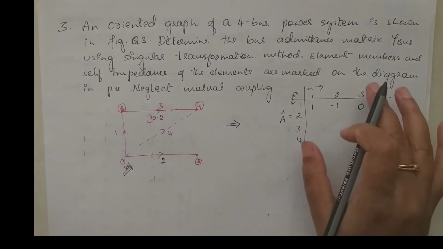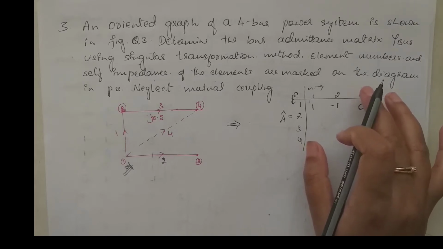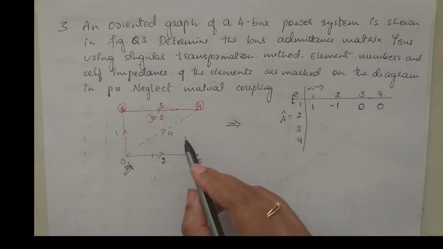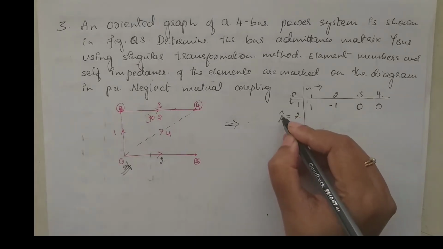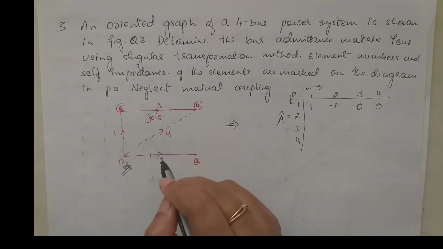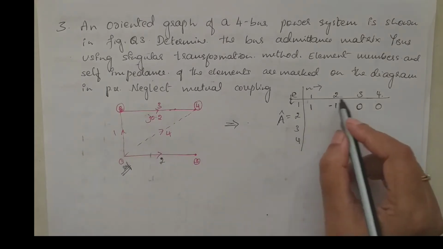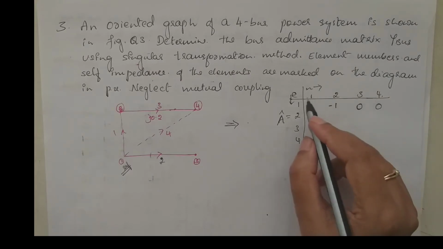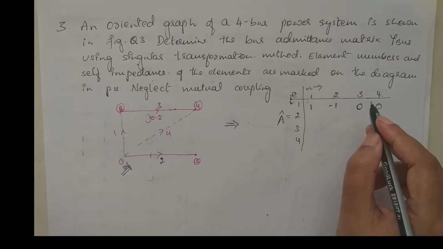This is a question paper asked question. In a recent question paper, this question was asked. So, let us take the oriented graph first. The oriented graph already has assigned directions, and we have to take the number of elements and number of nodes. Here the column has the number of elements and the row has the number of nodes.